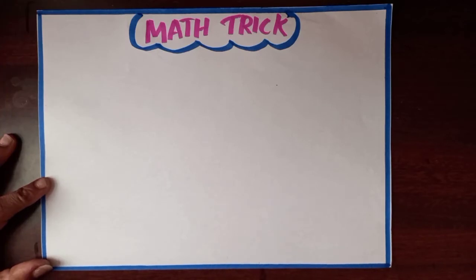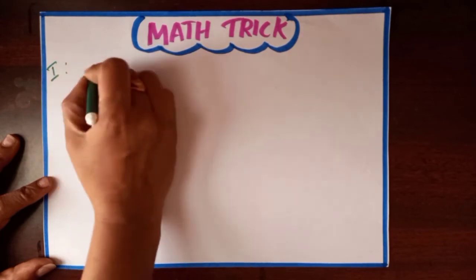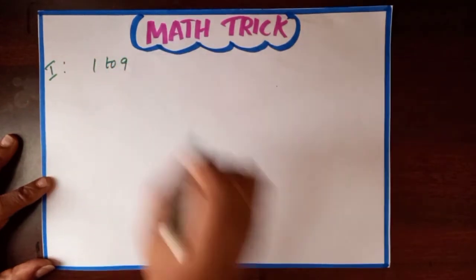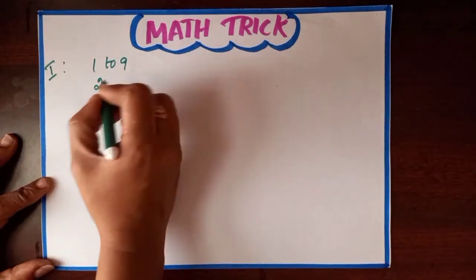The math trick can unmistakably guess your age. I will guess your age in a minute. With some mathematical help, I will guess your real age. You just need to follow my instructions. Take a rough paper and pen. Step 1. Choose a number from 1 to 9. Which number is your favorite? My favorite number is 2.